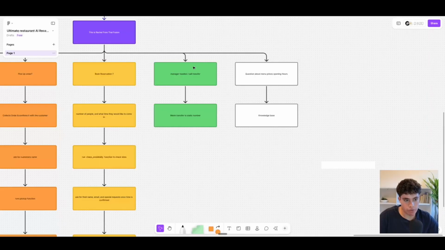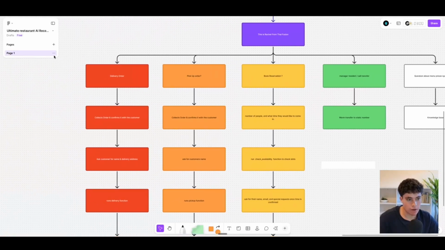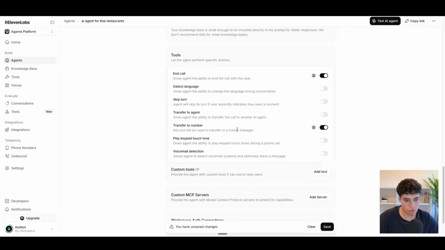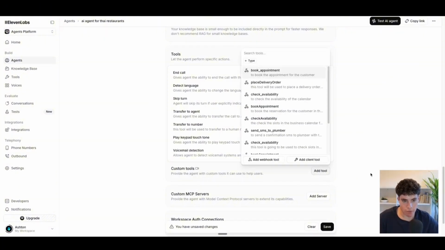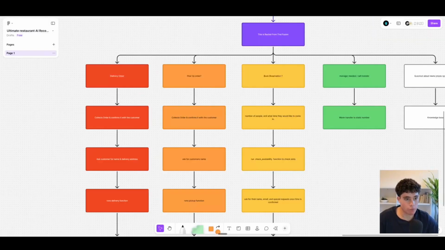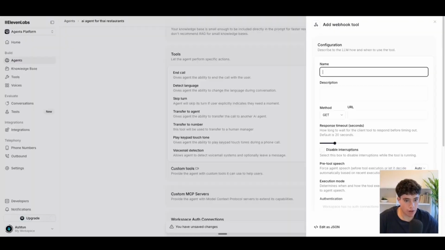And then all we have to do is design these automations right here inside our tool function as well. So we're going to be using 4 tool call automations right here inside this section. Let's go ahead and add this. And we're going to add a webhook tool call right here. And the first one we want is going to be for this book reservation. So the first tool call we want is going to be a check availability to check the slots inside the calendar right here. So let's come back and let's name it check availability